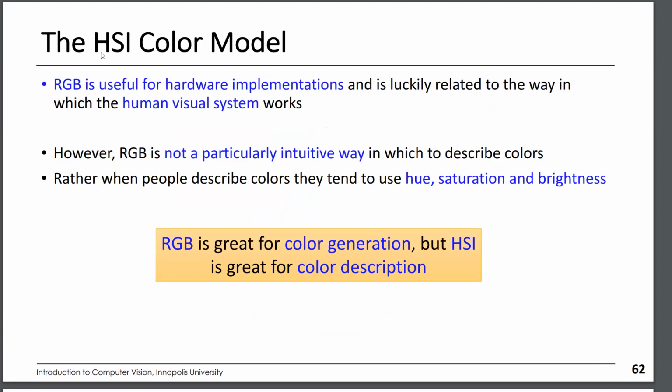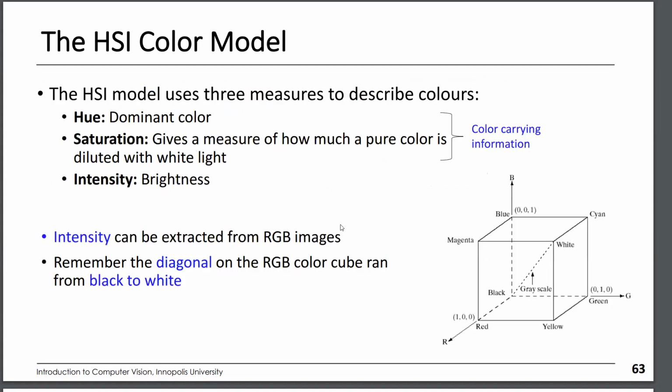Now let's speak about this HSI color scale or color model. It's pretty important for many of the computer vision systems, since it's quite heavily used for processing. So what it says is that RGB is very useful for hardware implementations and loosely related to the way in which the human visual system works. However, RGB does not use a particularly intuitive way in which it describes color. Rather, when people describe color, they tend to use concepts such as hue, saturation, and brightness. So let's go and understand what are these hue, saturation, and